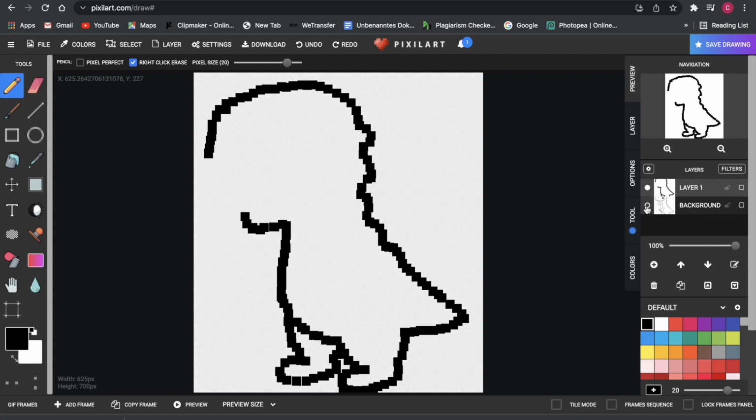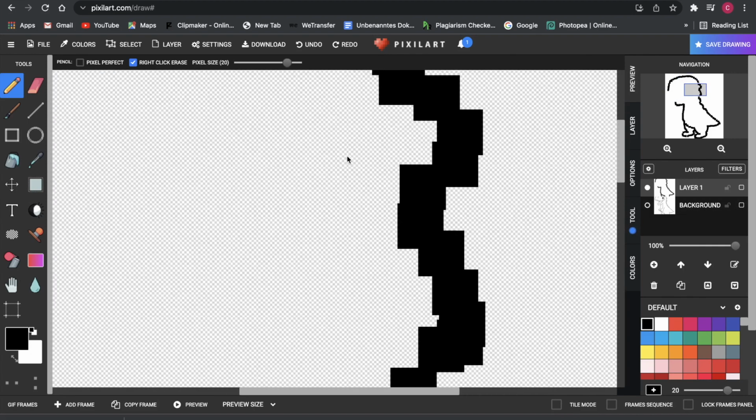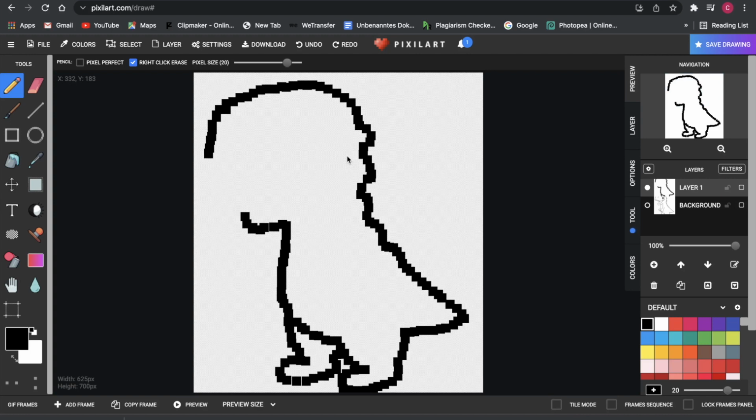And just like that, we have something that looks like this, consisting of these different little pixels. And I think this looks great already. And now we don't need the other image anymore, because now we can work from this. So what you want to do now is, because that is our base layer, we can just create a new layer